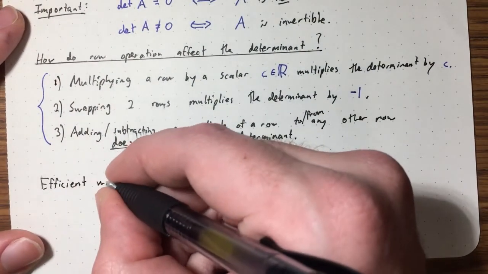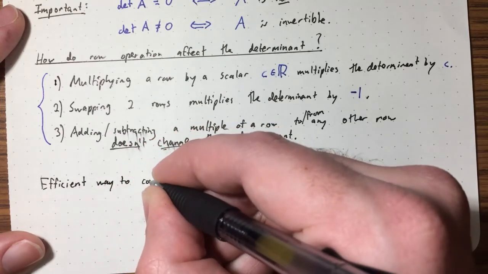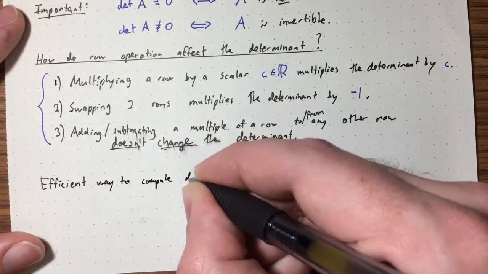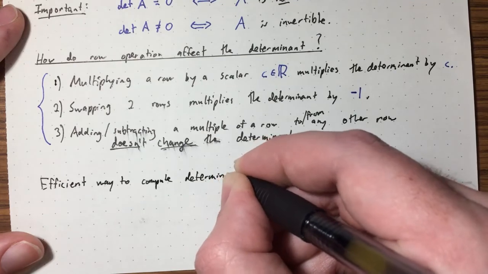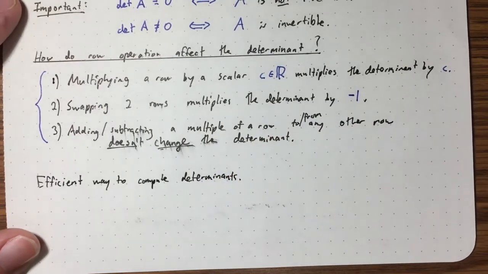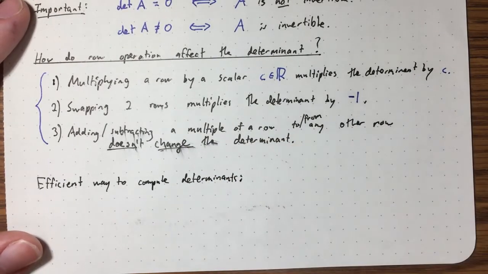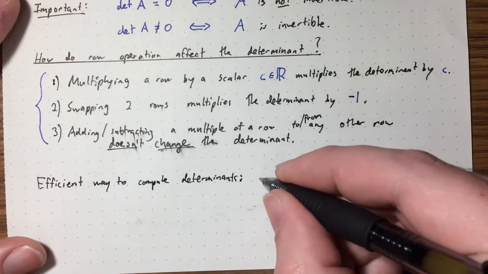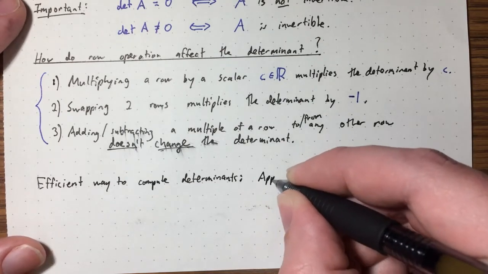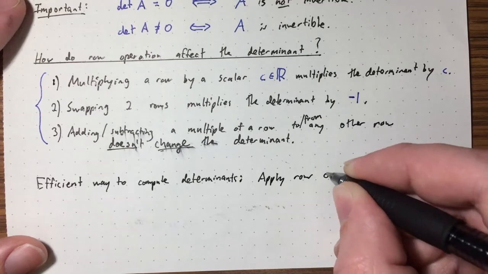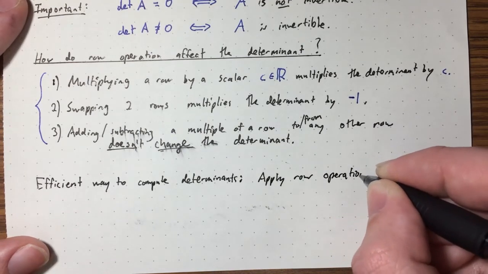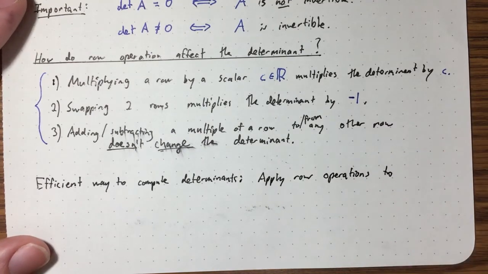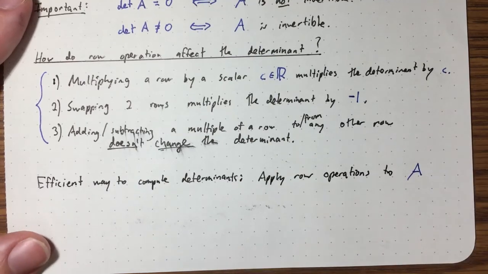So this is an efficient way to compute determinants. What do you do? You apply row operations to your matrix A until